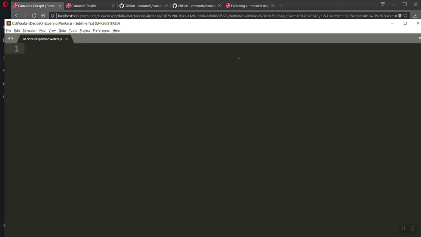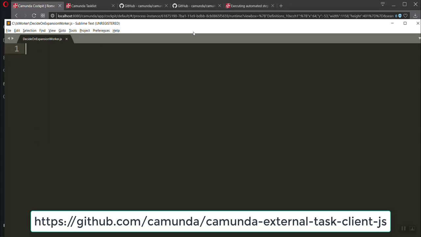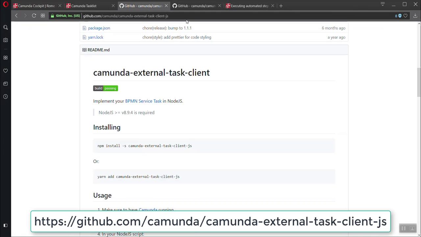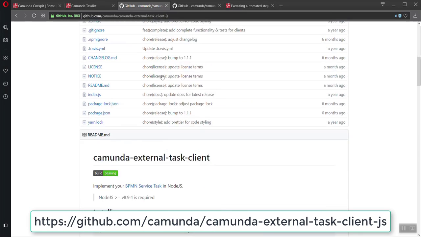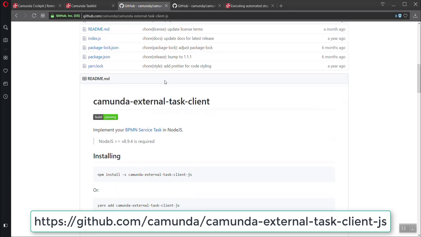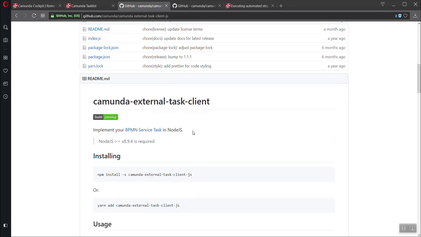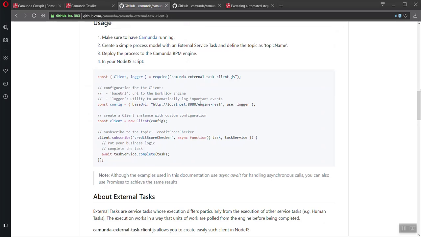Great stuff. And rather than write any code myself, because that is a lot of work, I'm instead going to use a pre-written and supported worker in JavaScript, or an implementation that you can find online. It is this guy right here. So this is on GitHub, and this is essentially a worker that makes the REST calls that are required. It's a wrapper for the REST calls that are needed to subscribe, to do the work and complete the work. So the first thing you need to do is do a bunch of copying and pasting.